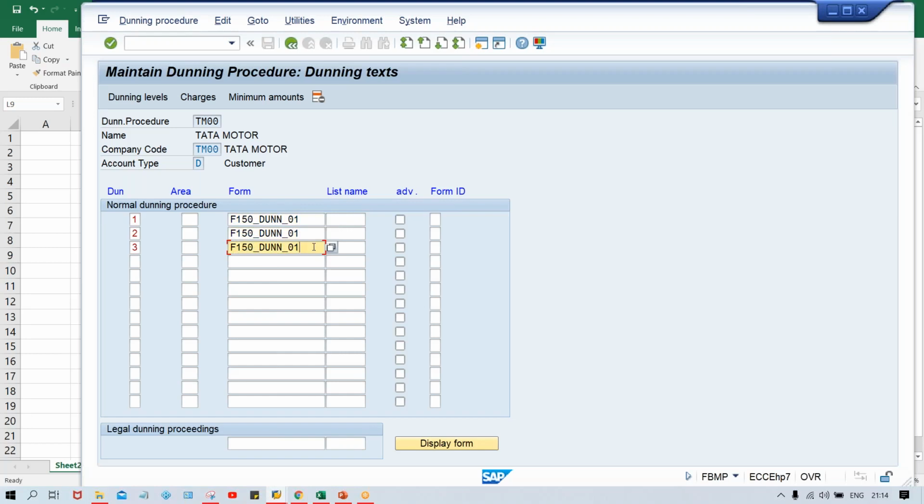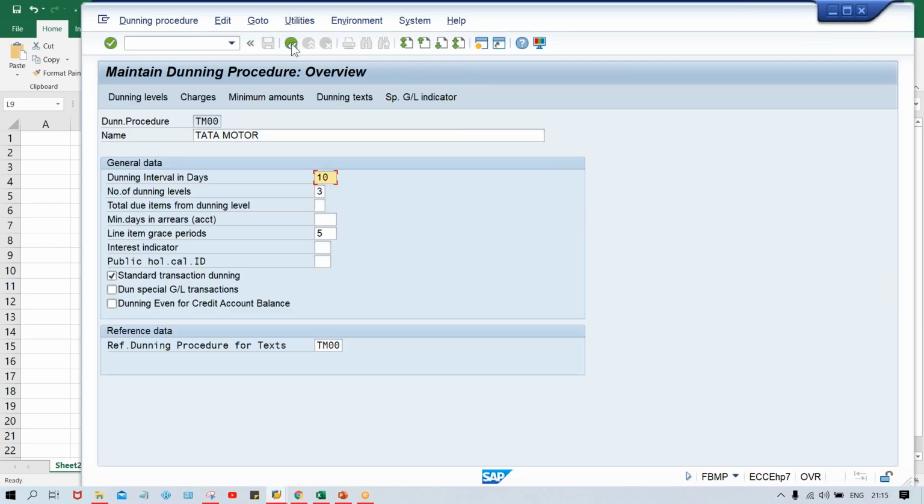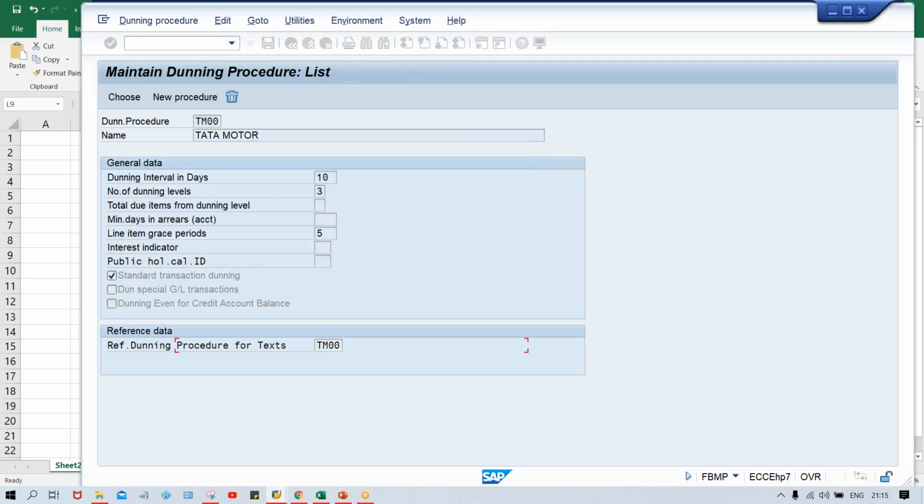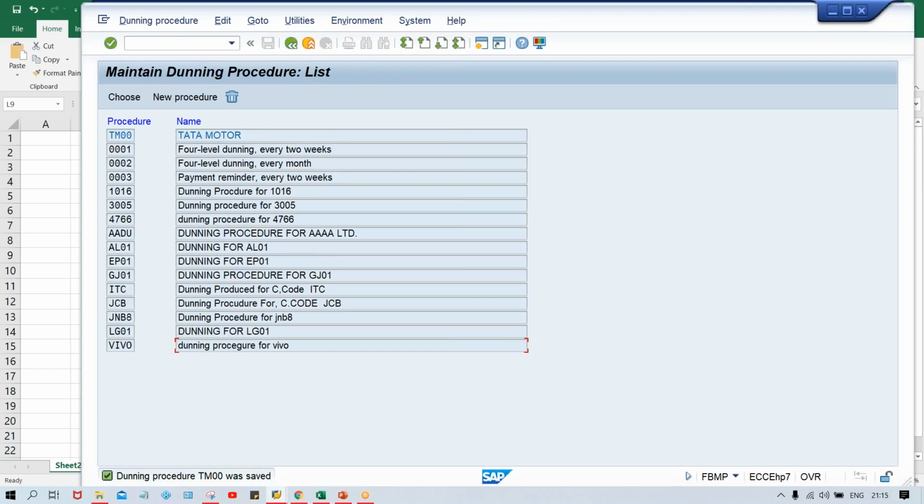So here what you have to do, guys, is, what we have done, we have assigned the form, and now save it. So this is how you have to define your Dunning procedure, guys. This is how you have to define the Dunning procedure. Now, what next? So after defining this Dunning procedure,